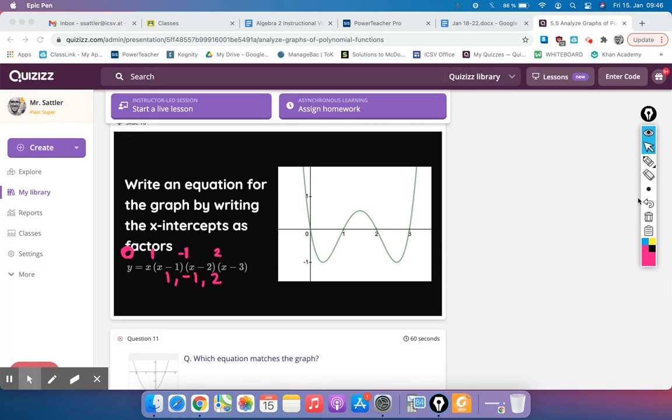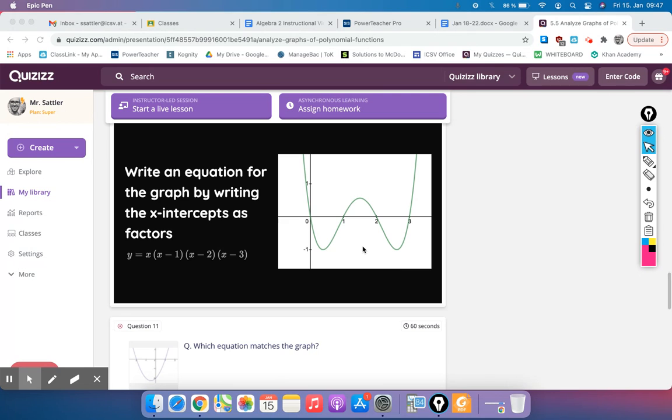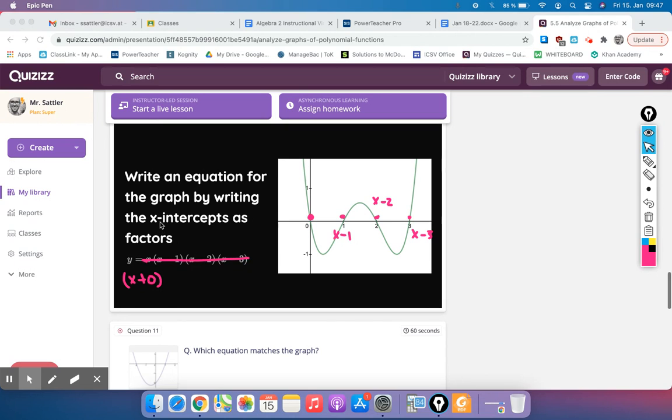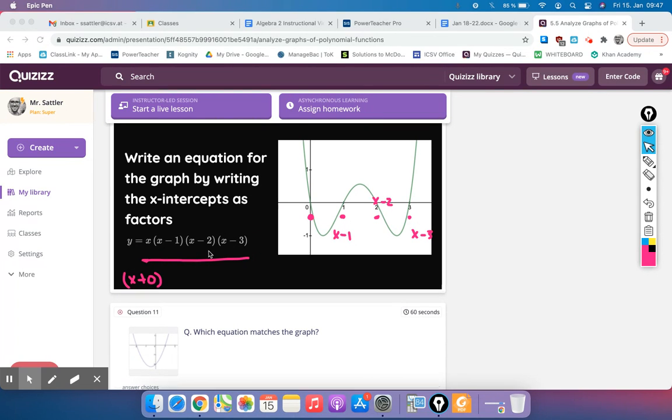Okay, so then another example where we can see if we've got an x-intercept at 0, that corresponds to just having an x. Because we could write this out x plus 0, but that's not necessary. And then this factor is going to give us x minus 1. This is going to be x minus 2, and this is going to give us x minus 3. So there's our equation. And I won't make you multiply all that out, if you're wondering, because we could distribute all of this out and get,